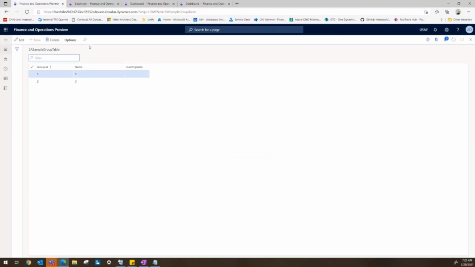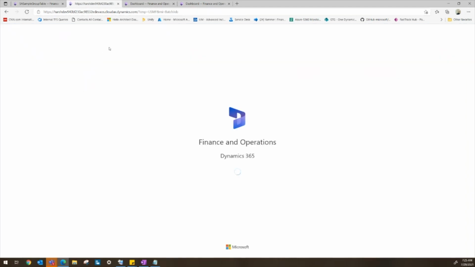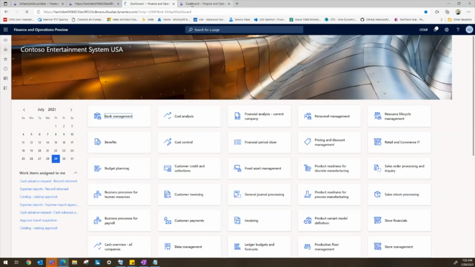What will happen in this scenario is that my batch job is not marked for retry. So there is a SQL connection loss, and my batch job will also stop the processing of my logic. Now I have restarted the SQL. You notice there were only 2 records inserted at that point in time. Let's refresh the batch screen to see how the batch job behaves. Let me refresh the screens as well.